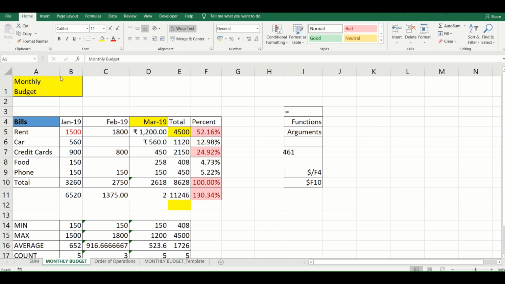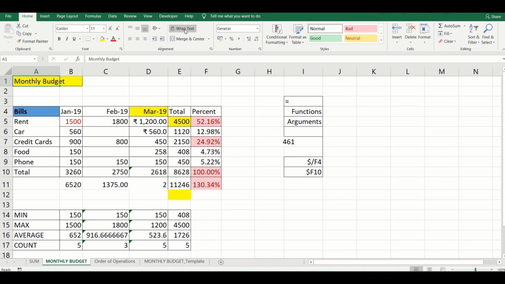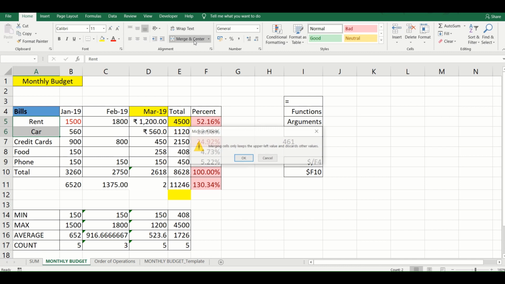So we saw wrap text. You can also merge two cells together. If I unwrap it, I can just select these two cells and merge it and keep it in center. You have to keep in mind you cannot merge two cells that have contents in both cells. For example, if I'm trying to merge rent and car, these two cells, Excel gives me a message that only the upper left value would be considered, the rest will be discarded. If I just click OK, only rent will appear. So you cannot merge two cells filled with content. Only one cell has to have content and the other cell should be empty. Only then you can merge it,